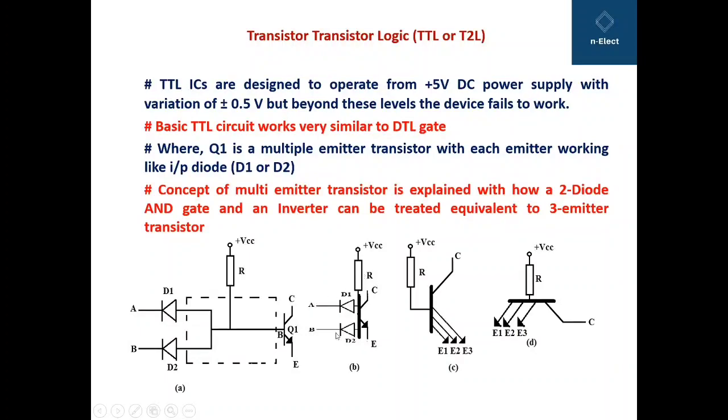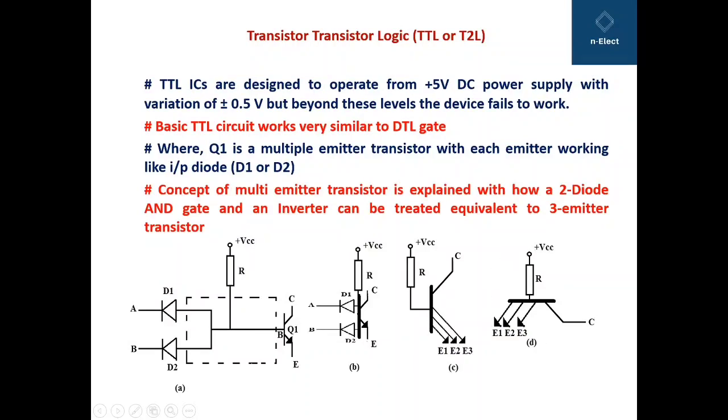Now this diagram is further modified, and these diodes are treated as the base emitter junction diodes like this. So here E1, E2 and E3 are the existing emitter, the second emitter and the third emitter. So this transistor will have 3 emitters, the collector as it is, and the resistor which we connected to VCC is connected to the base terminal and to VCC through resistor R. And finally this diagram is converted into this multi-emitter transistor.